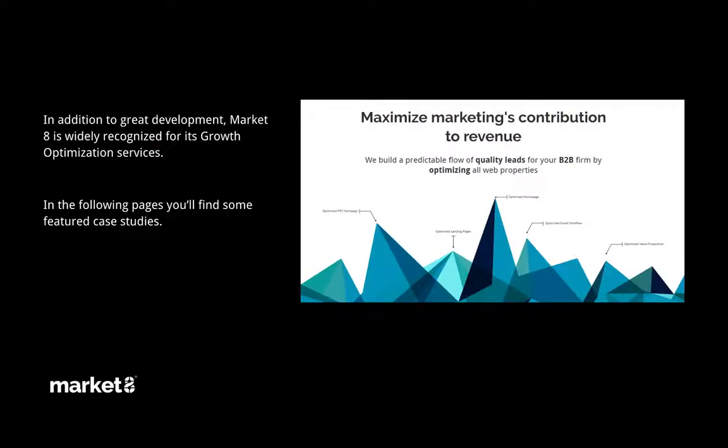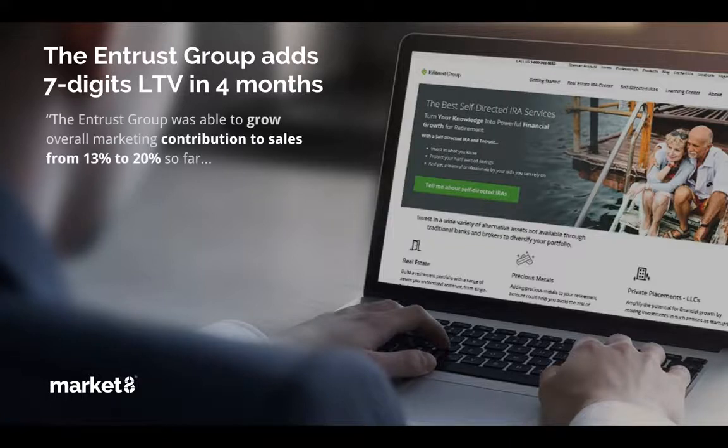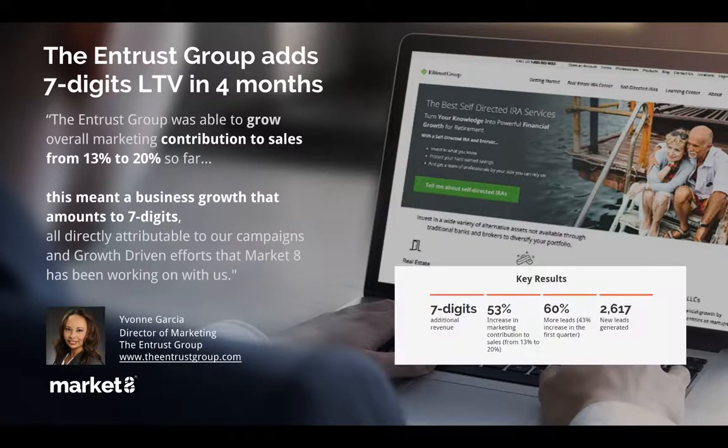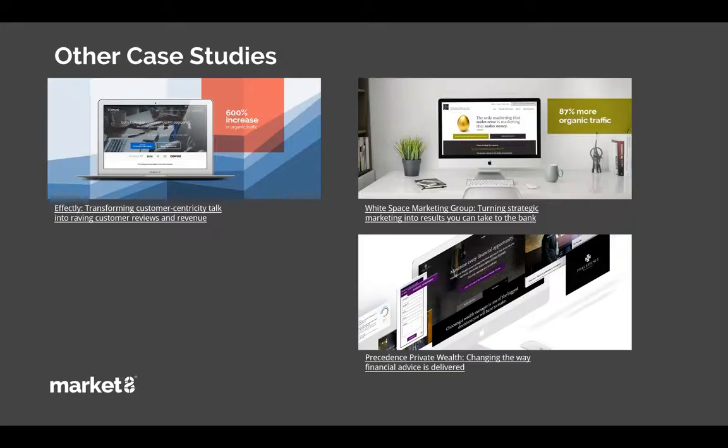And also I want to mention that besides top quality development, we have another service called growth optimization. What that means is that once you get your marketing running, we can help optimize the performance of that, so that every dollar you're putting in marketing yields more leads and revenue to your company. And you'll find more information about that. There are some case studies added here, but you'll find the details in the presentation